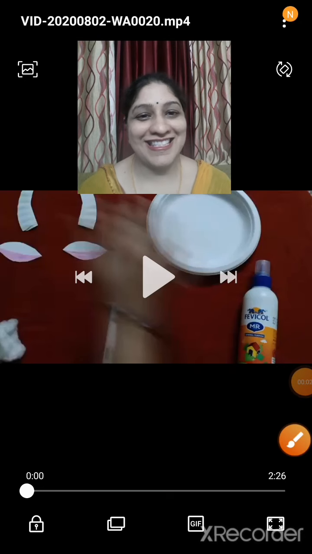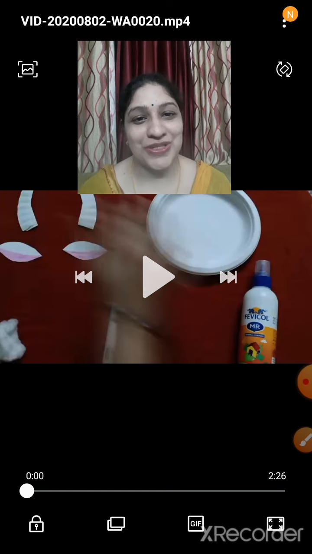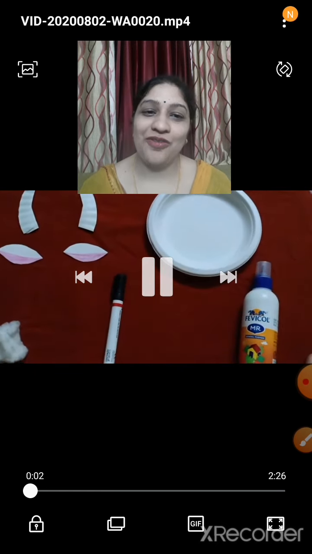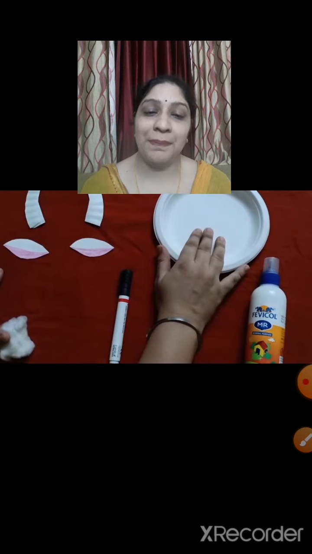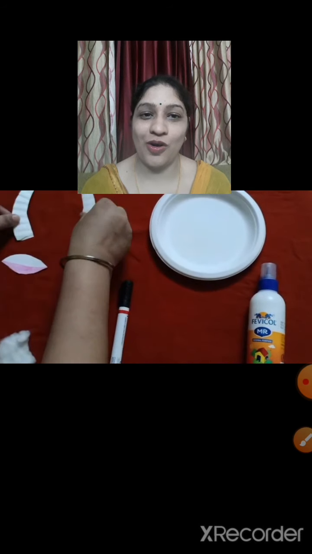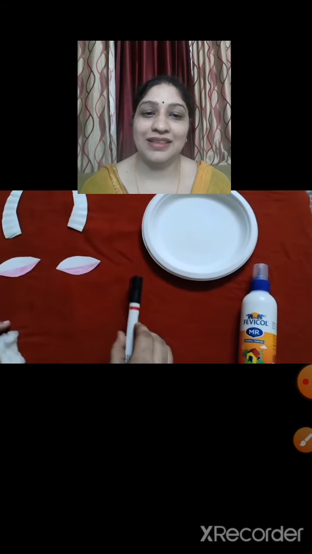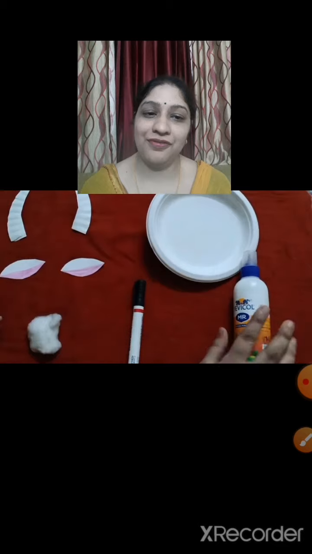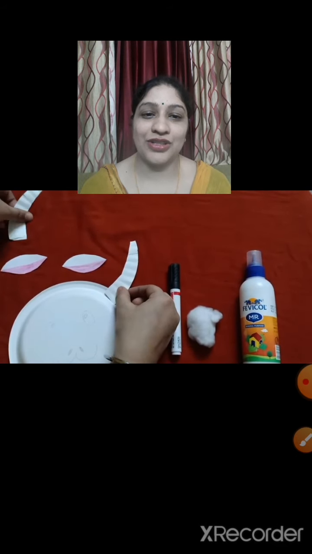So children, let's get started with an activity. In this activity, we are going to make a paper goat. Paper plate goat. For this, what do you need? Yes, you need a paper plate and two cuttings of the paper plate. See, like this you have to cut the horns, and these are the ears, two ears, and a black pen, cotton and a Fevicol. So you have to turn the paper plate like this,